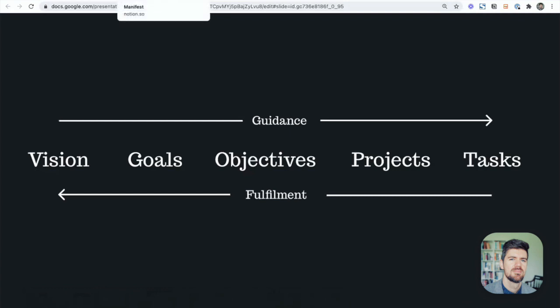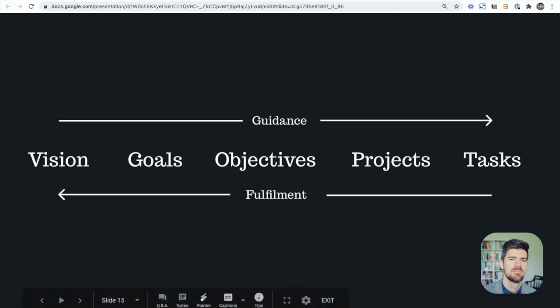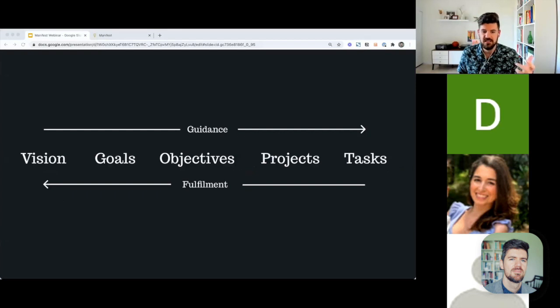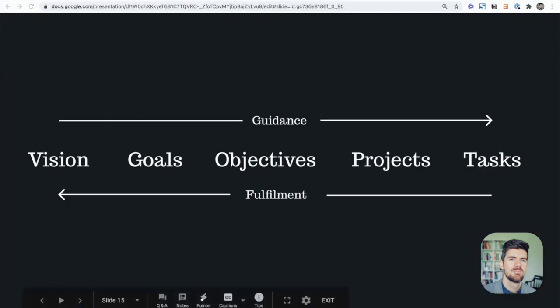Objectives that take your goals and make them more quantifiable. Projects, which could be anything from creating a blog post to relaunching a website to creating a YouTube video. And lastly, tasks, the things that you're doing on a daily basis. You may be doing several of these a day.